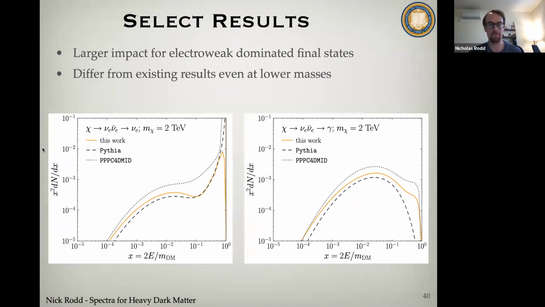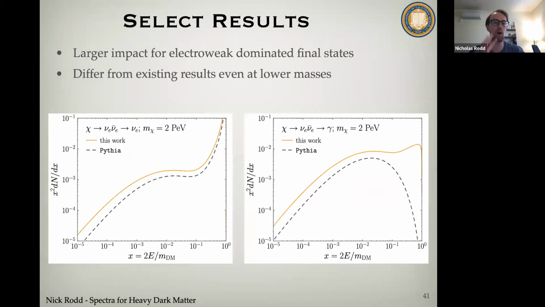Okay. Good questions. So what I want to do is start raising the mass here, because it's at higher masses that I trust our result, since the approximation that the W and Z are massless becomes better and better. If I go up 3 orders of magnitude to a PeV mass dark matter, I've just shot past the end of the PPPC table, so I can't plot that anymore. And you can see that Pythia and our results are broadly still in somewhat agreement.